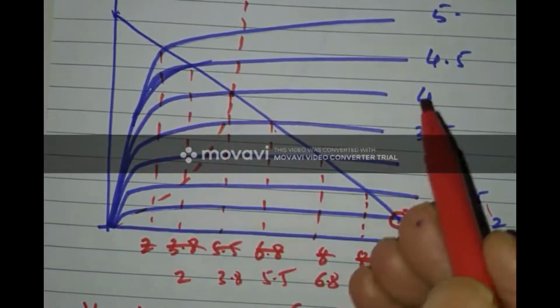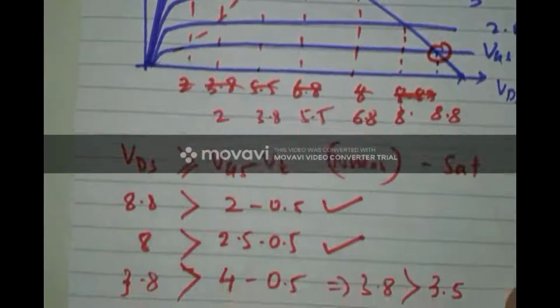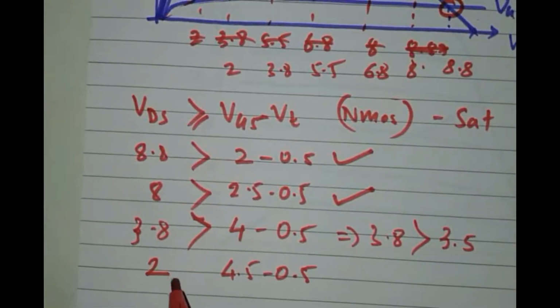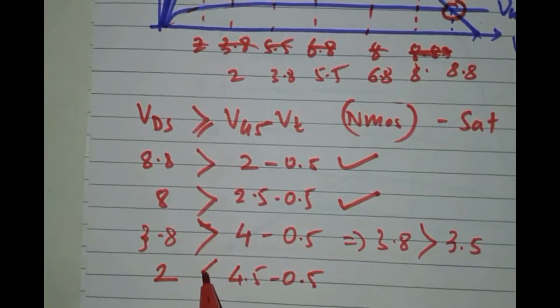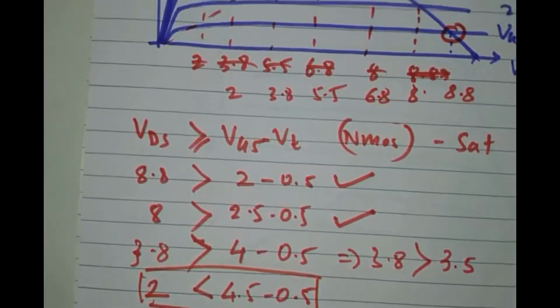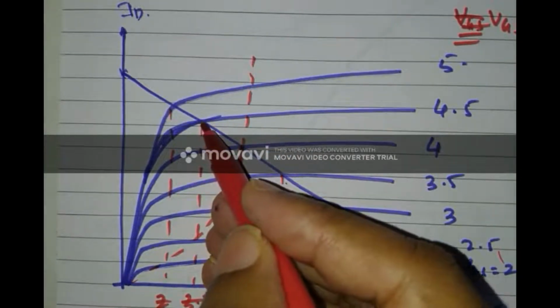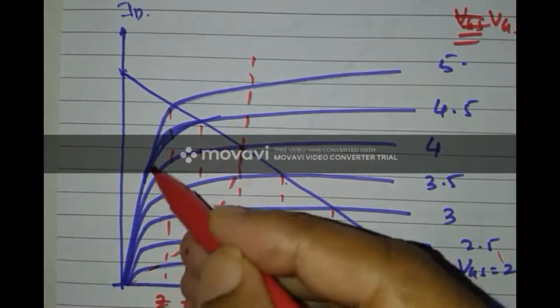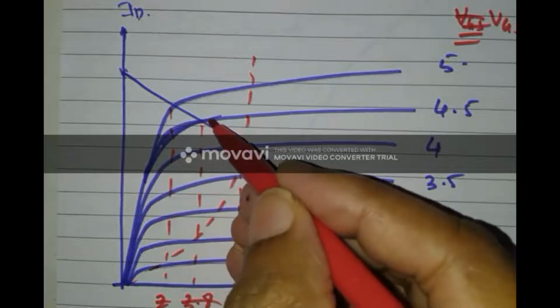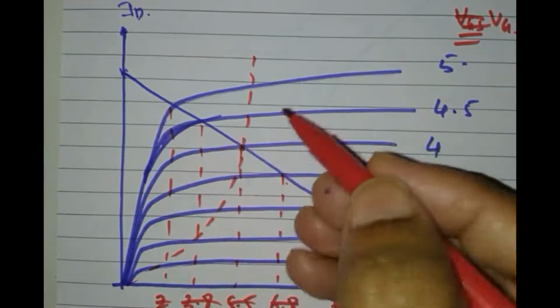So for 4.5 volt, as we can clearly see here, my VDS generated was 2 volt. Now this 2 volt, definitely it is less than this condition, which means for a VGS of 4.5 volt, my MOSFET will be in triode region. Of course, these graphs are not that perfect to indicate the device is in triode region, but from the mathematical